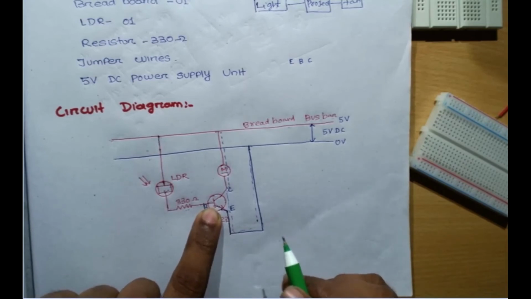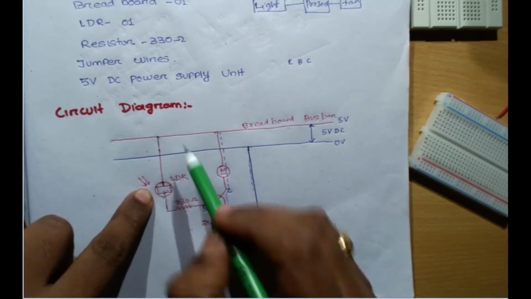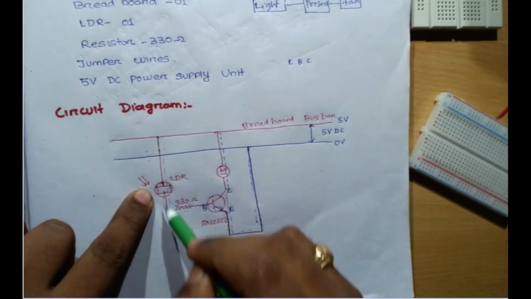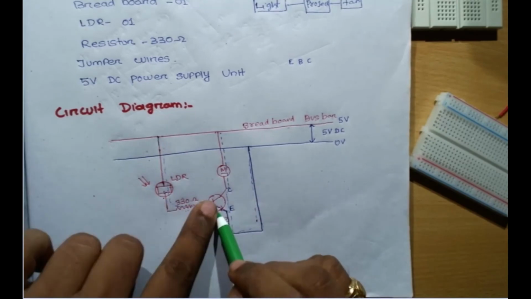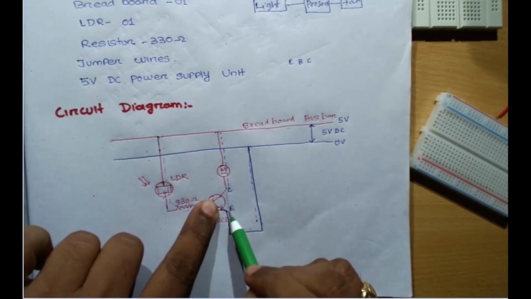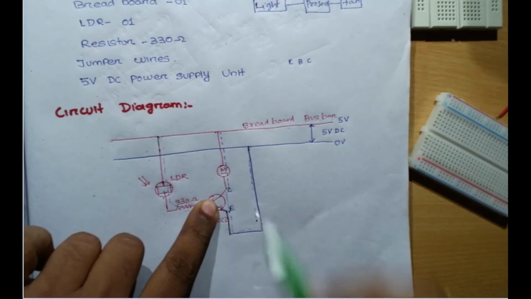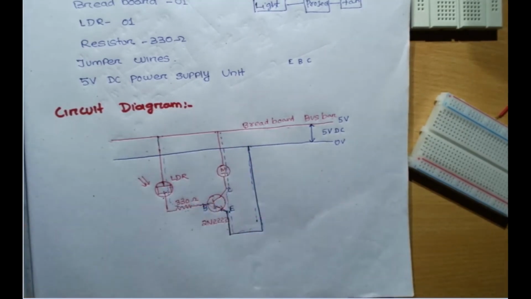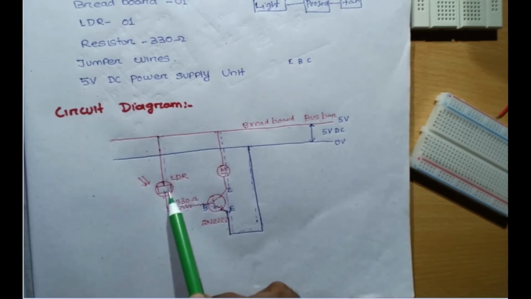It means when the light falls on it, the current starts flowing. When this current starts to flow, this switch will be on and the transistor will be on. As the transistor is on, now the current starts flowing through this circuit and the motor will rotate. The motor will rotate as long as light falls on it.